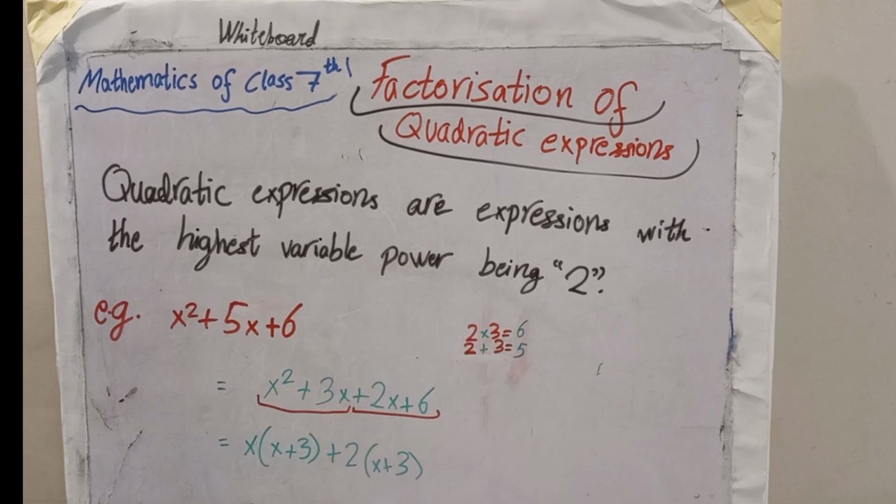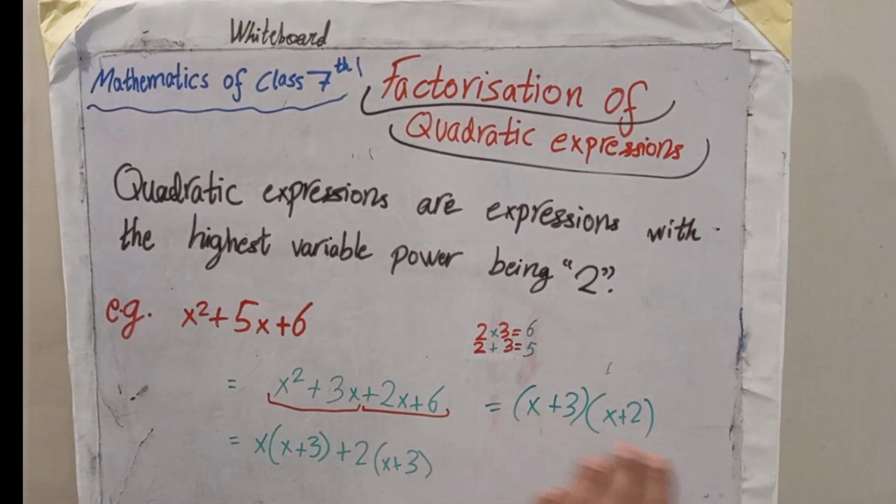And now for the third step. Here's the third step, the answer. The way I obtain this is by writing the terms that are inside the bracket and outside the bracket into two different brackets without any sign in the middle. So we can see that the terms inside the brackets are x and 3, and then another x and another 3. So we took them common and we wrote them once, x plus 3, and we still had the brackets. And now what is left? x plus 2, because plus 2 and x are outside, so we wrote them in another bracket without any sign in the middle, and